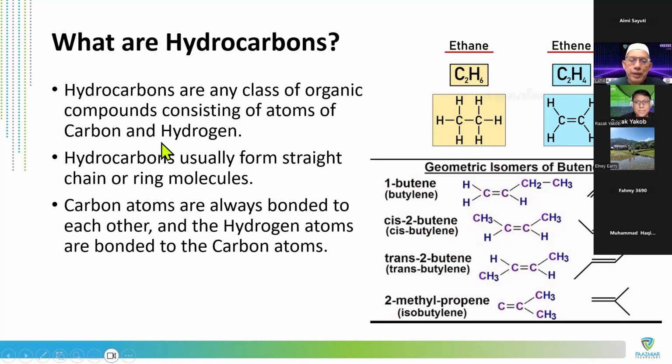Now, hydrocarbon is a class of compounds composed of hydrogen and carbon. Of course, hydrocarbons usually form straight chains, so they become very strong and can be linked to one another. That's why hydrocarbons can be converted to plastic, because they can have a long chain. Plastic is normally a long chain of these components bonded together. Okay, I think that's the basic understanding of hydrocarbon.